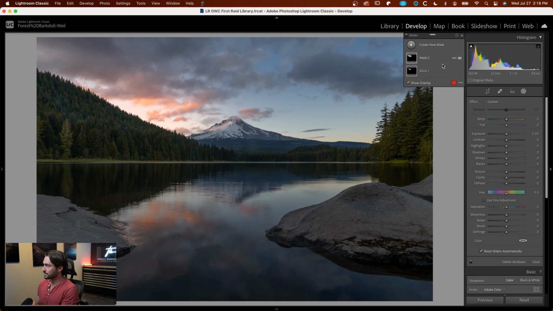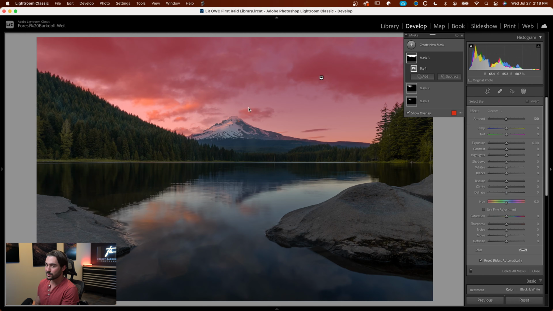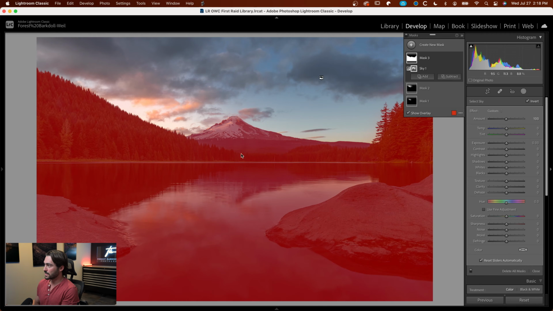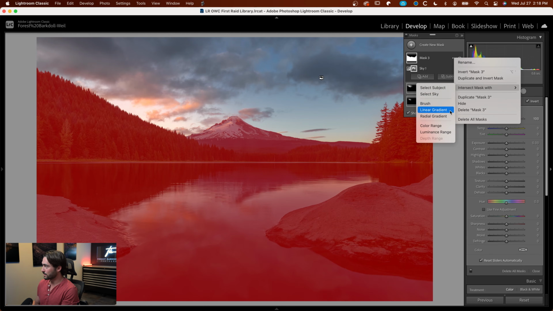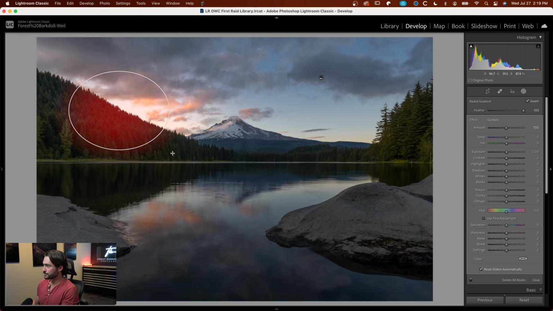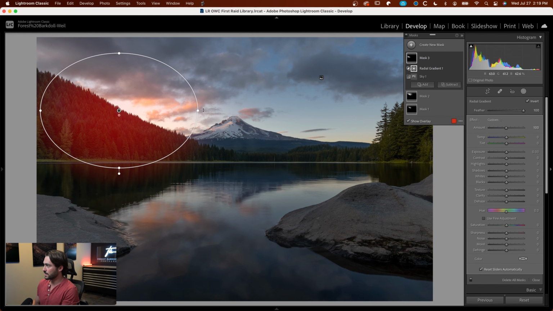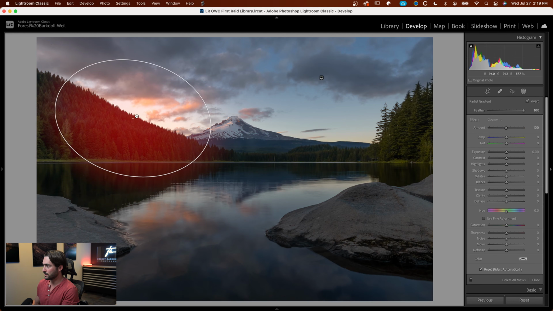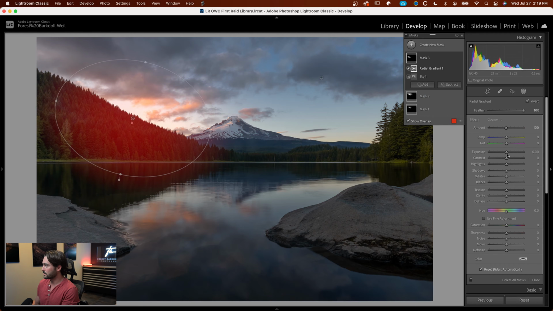So if we create a mask, select sky, but instead of doing the intersect with the radial gradient, now I'm going to click invert. So now it's selecting the opposite, the foreground. Now I do intersect with radial gradient, and you can see it's not affecting the sky. So I can actually paint in or add some light bleed to this without changing the highlights or anything in the sky. So if we bring down the dehaze, bring up the temperature,